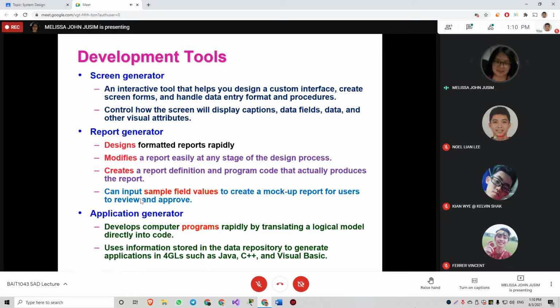Let me see. Oh, it mentioned Visual Basic as well. Do you notice whether there's any example of code insertion in the software you are using? Visual Net, is it?